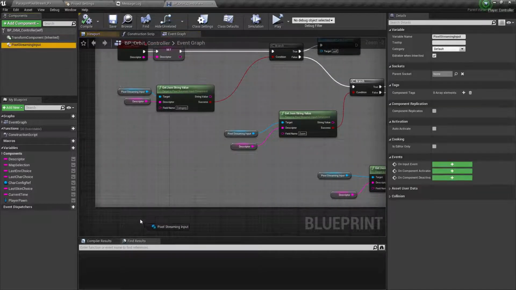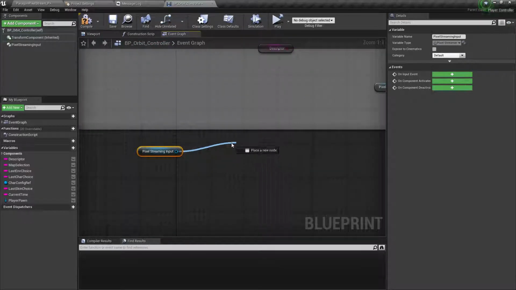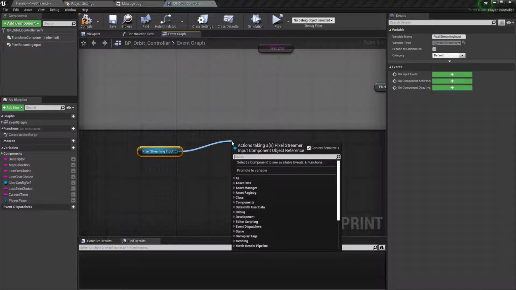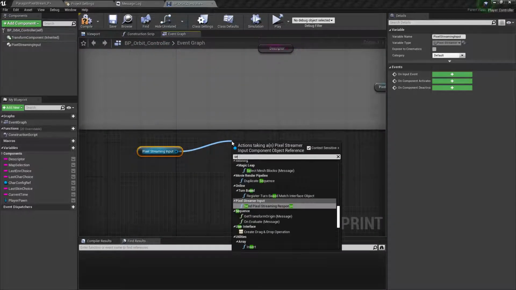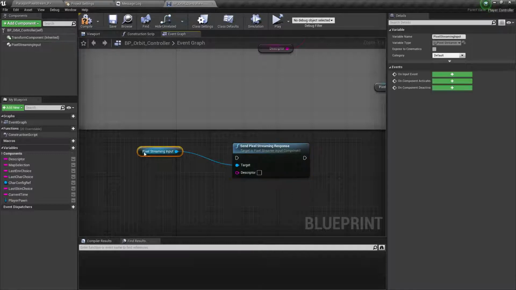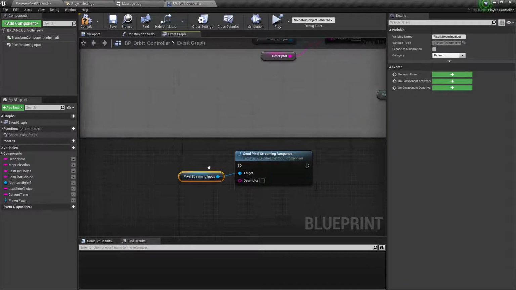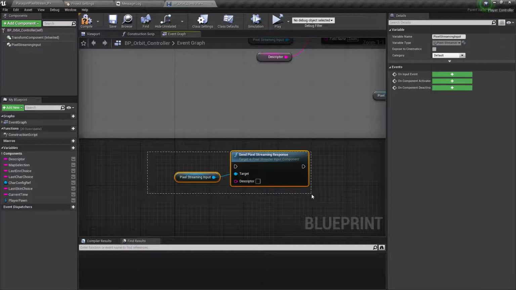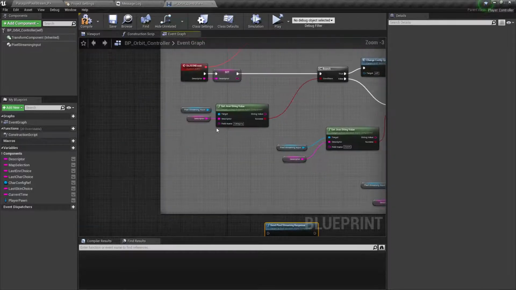So let's drag that out. I'll then drag from this and type send instead. Then you will notice that a send pixel streaming response node will be available for you. So this sends a JSON string value instead of receiving it, like this one.